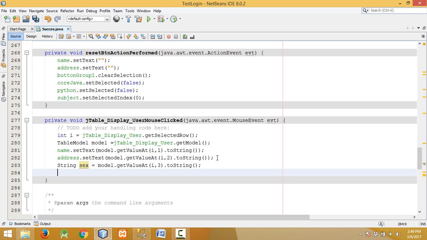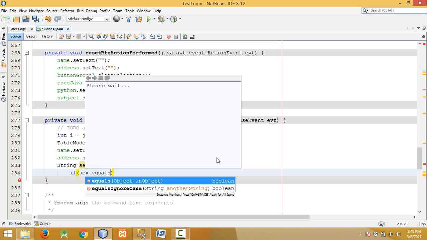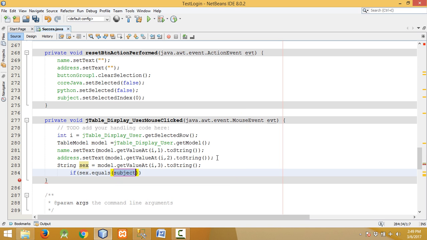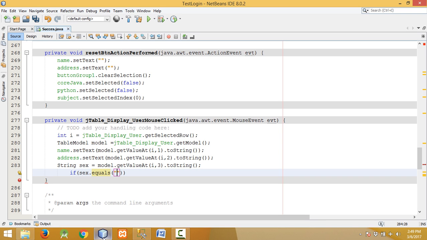There are two radio buttons we have to handle using an if statement. If sex dot equals, there are two fields, male and female. Let me show you in the database. Male is in capital letter, the first letter is in capital letter. It should be similar in the code also, Male.